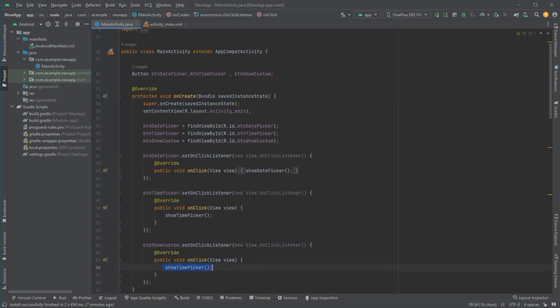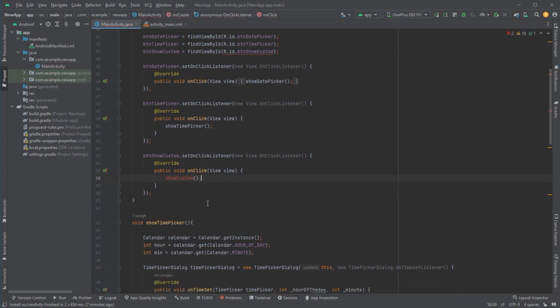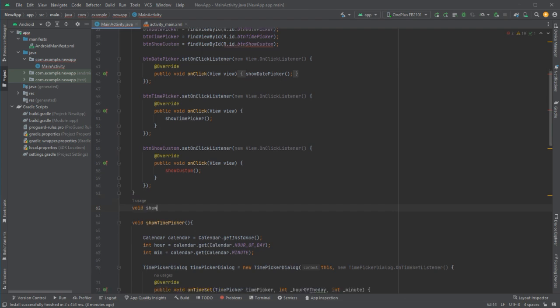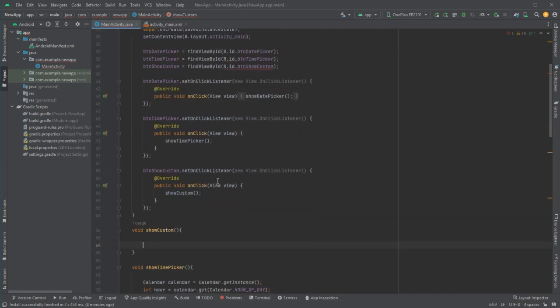So what is this button show custom? Button show custom will show a custom dialog box where you can put your own elements and you can create the code according to your need. So I will write show custom. This is the method which I have not declared, and I will declare it now. Void show custom. Okay, now here I want to write the code